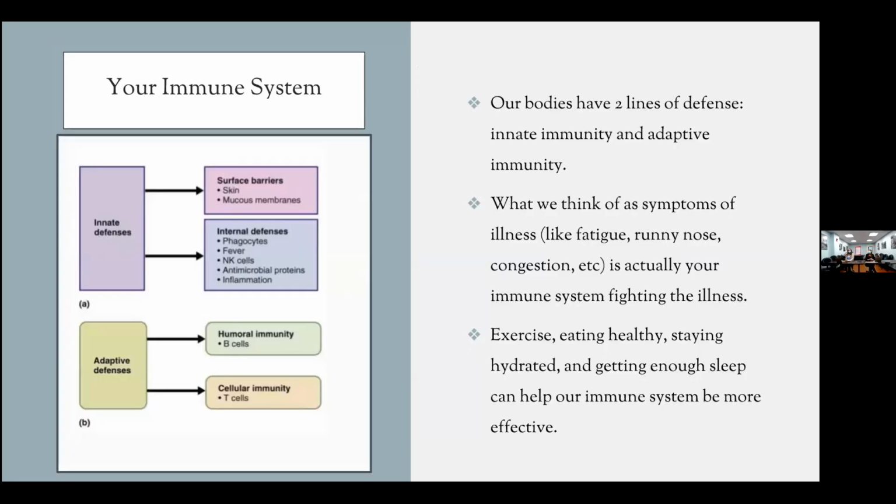So let's just talk about what your immune system consists of to start, going off of Brianna's last slide. So our bodies have two lines of defense, the innate immunity and adaptive immunity. Innate immunity is something that we're all born with. Our bodies will naturally try to fight off invaders. It's the first line of defense for our bodies that consists of external barriers like skin and mucous membranes of the throat and nose. This type of response is a more general response and it's non-specific compared to the adaptive immunity,